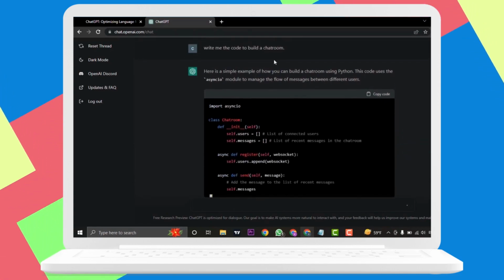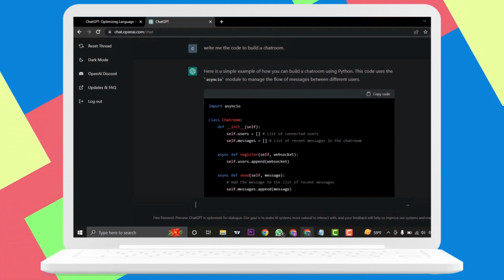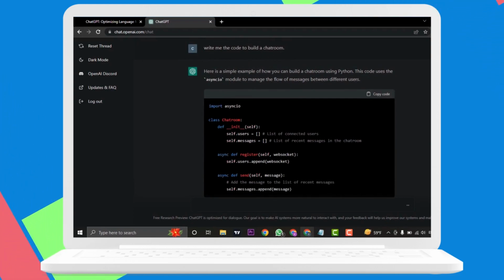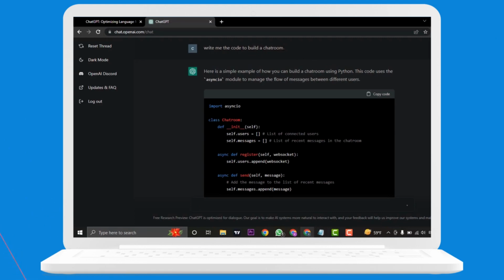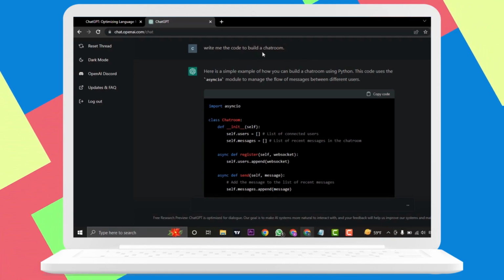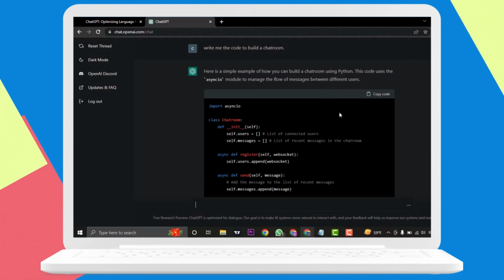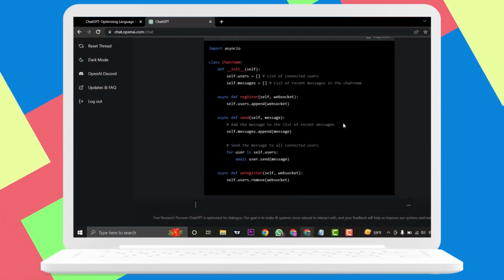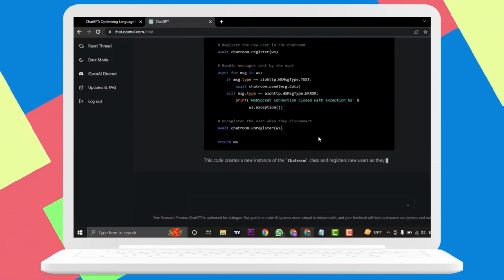If you want, you can also enter in the programming language. Let's say you want to build a chat room not using Python but using JavaScript or any of the frameworks of JavaScript such as React. You can also type in something like write me a code to build a chat room on React.js and it will give you all of the codes that are necessary. But for now it gave me the code of Python,